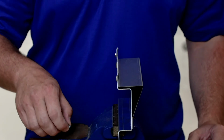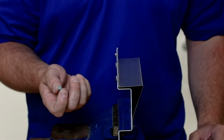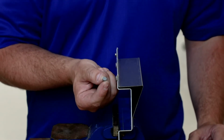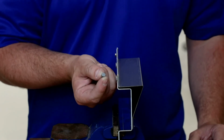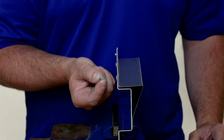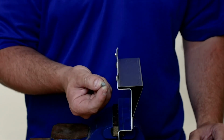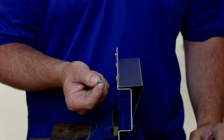One thing to keep in mind is we want to be careful of galvanic corrosion, which is steel mixing with aluminum. The rivets that are installed, the self-piercing rivets, are made of an ultra-high strength steel or a boron steel. And those are directly inputted into an aluminum panel. So when we use a belt sander, we're grinding off the steel shavings and embedding them directly into the aluminum panel. So we want to avoid a belt sander at all costs